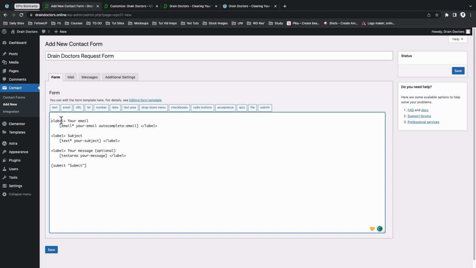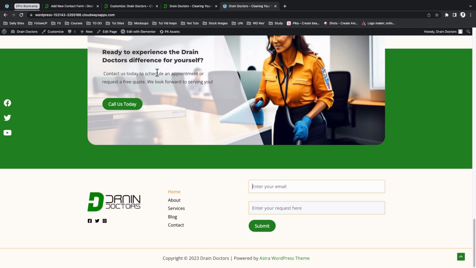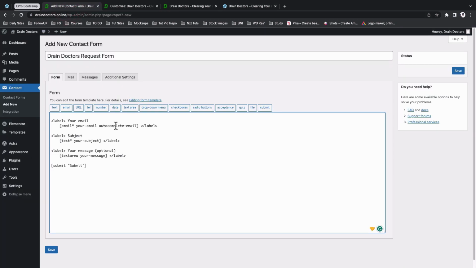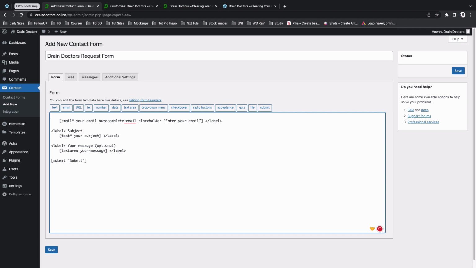And then we are going to make some edit to this email field so that we are able to add a placeholder to ask them to enter in their email, like here, enter your email. So here to the form, we're going to add a placeholder. After email, we are going to add a space, name it placeholder, and in quotes, enter your email. And that's it. We are not going to include a label because that will take up more space in our footer, and also here we remove the label